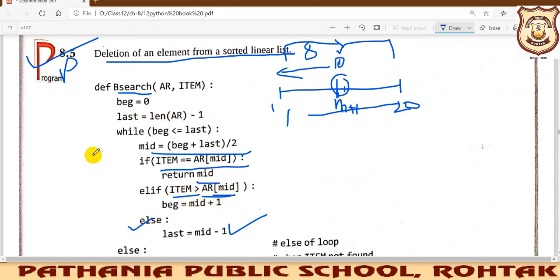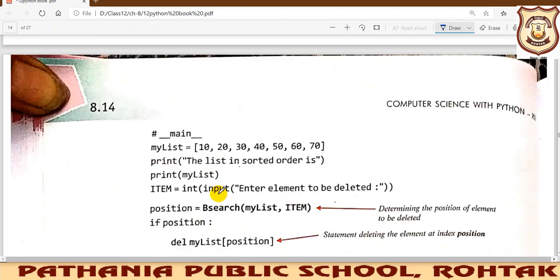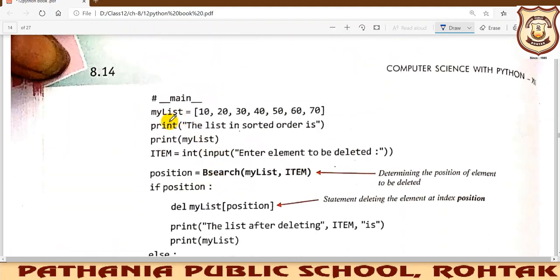So by the end of the searching of this method, you will be able to know at which place the element is. The position of the element will be known to you. This is the list in which you are searching the element, and that is sorted. You can see that is why we are able to implement the binary search here.